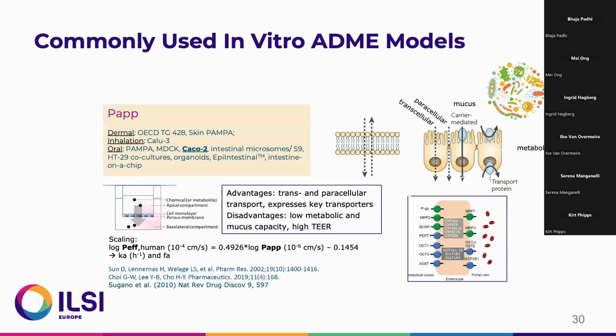There are also some, and this is what we're particularly working on also in Wageningen University, apparent permeabilities to understand the flux of a compound across a barrier like the gut, the enterocyte barrier. I've listed the major models that you can use. The most commonly used model to estimate apparent permeability that then feeds into PBK models is the Caco-2 permeability assay, as I explained before, but there are several others, and we're also looking at the more complex models like the stem cell models or epiintestinal, for example. But I've already explained